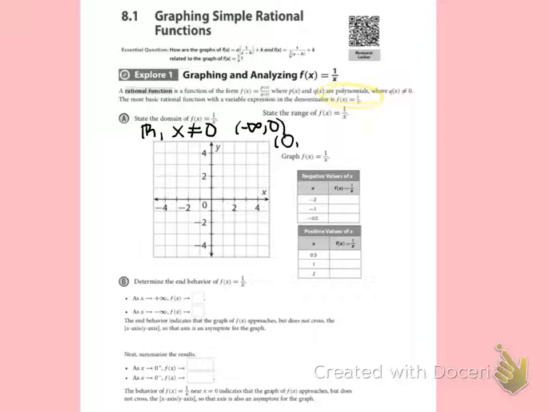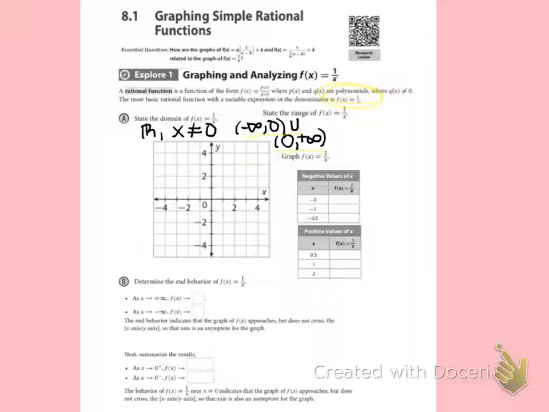Notice I used the parentheses to show I'm not including 0, and then I could use a little union symbol in between. So basically these two things together represent the interval notation form of the domain, which is basically everything but 0. Now the range I usually find it easier to establish once I see the graph,